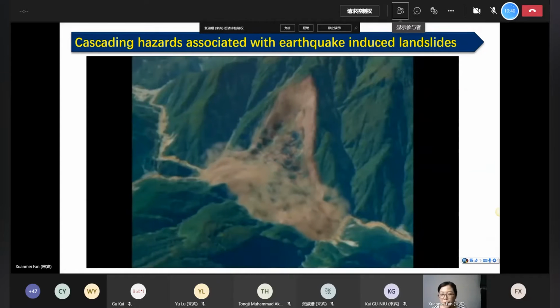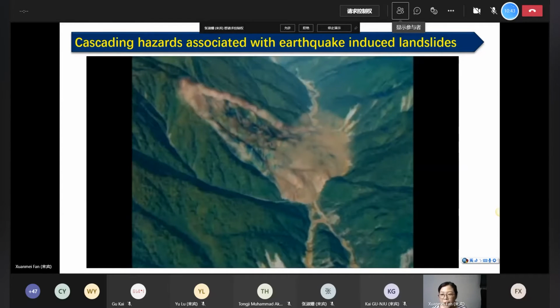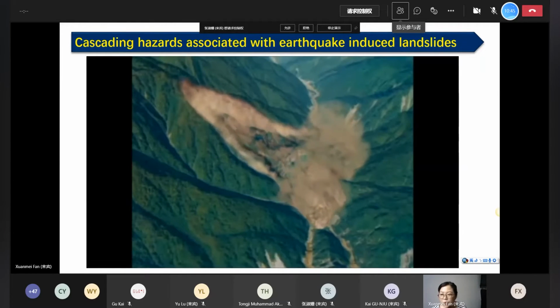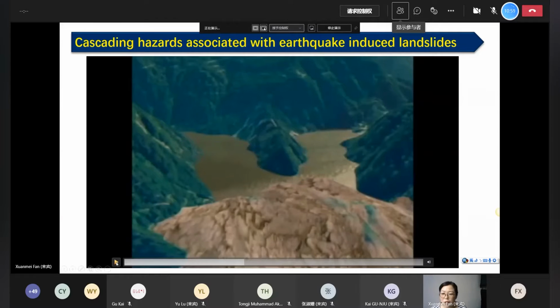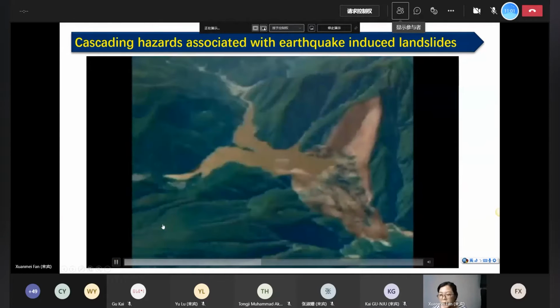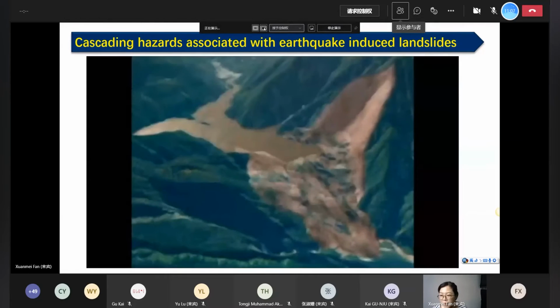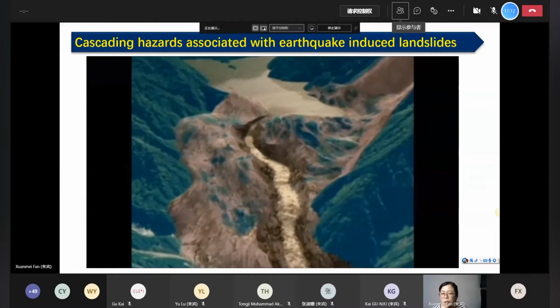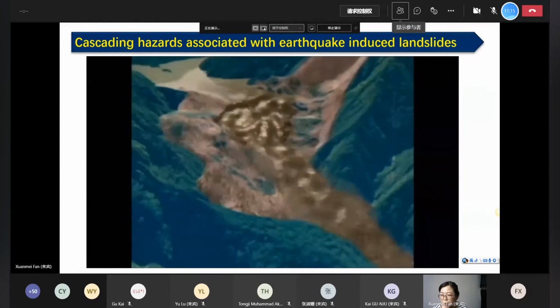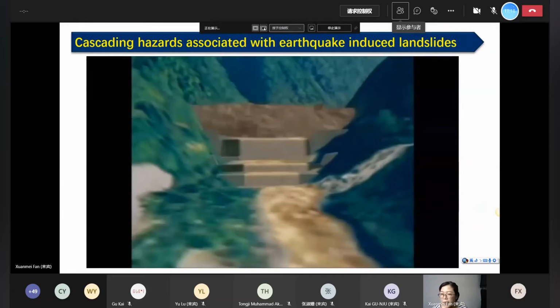So as you can see, this earthquake, due to the strong bounce, triggered a lot of landslides. Some of the landslides in the vicinity of rivers formed landslide dams. And these dams are quite big, especially the one that was dam breaking and dam causing.